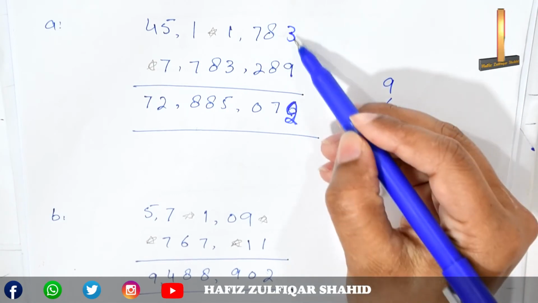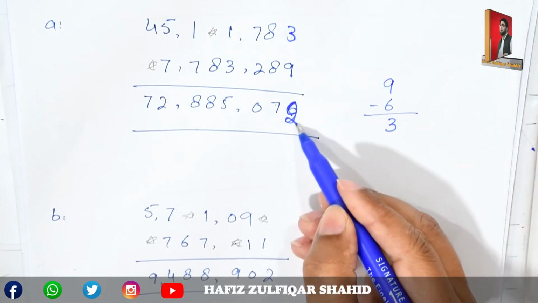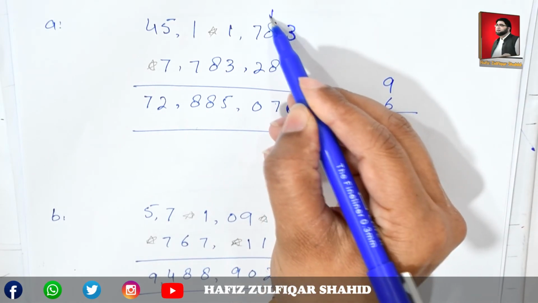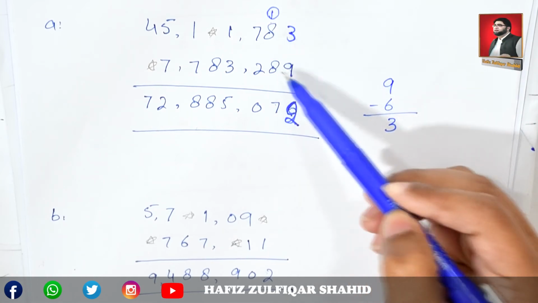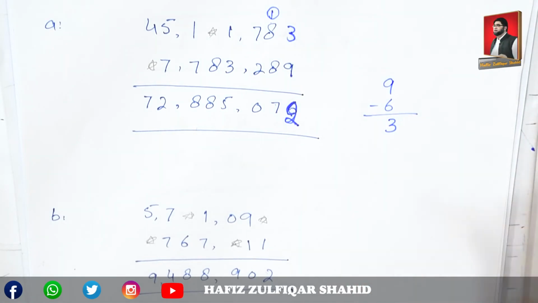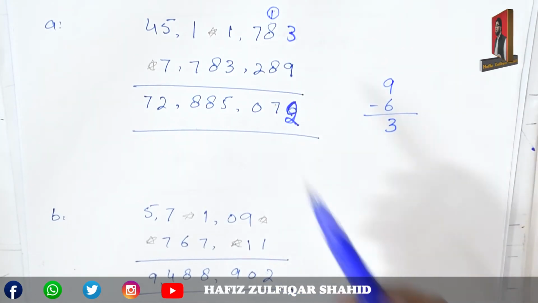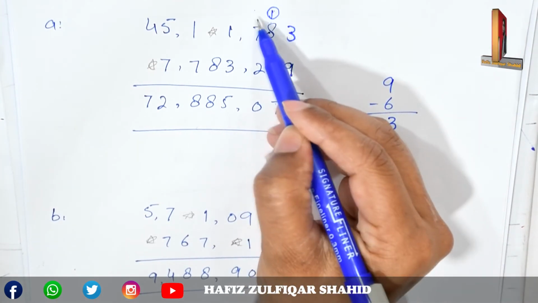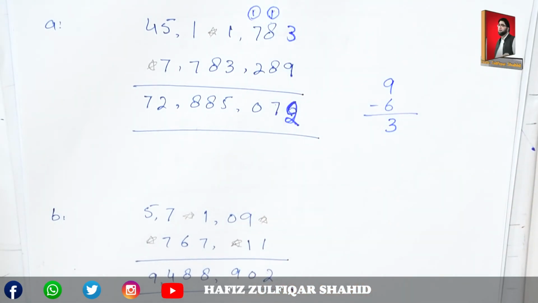Now add 3 and 9 and see, 3 and 9 is 12. We will write 2 in answer place and carry 1 to the next column. Now add these two, 8 and 8, 16. Add 1, the carry digit. Answer will be 17. Write 7 in answer. You can see 7 already has written. Carry 1 to the next digit.